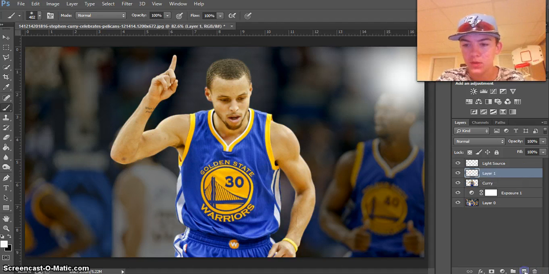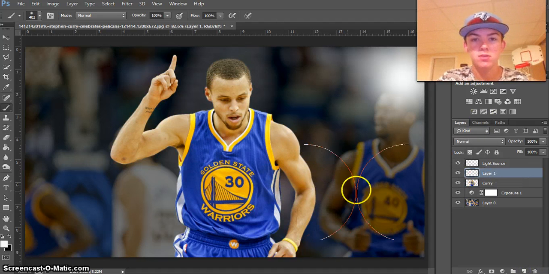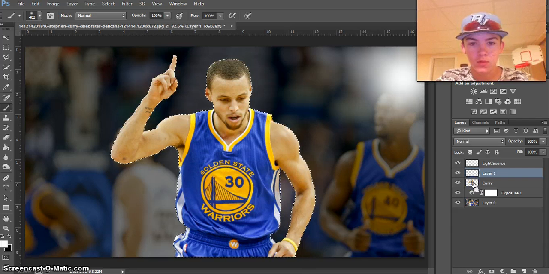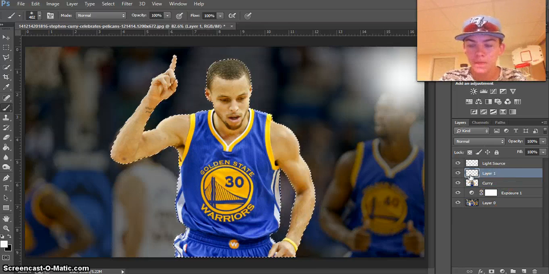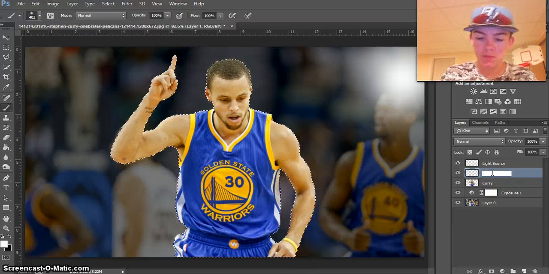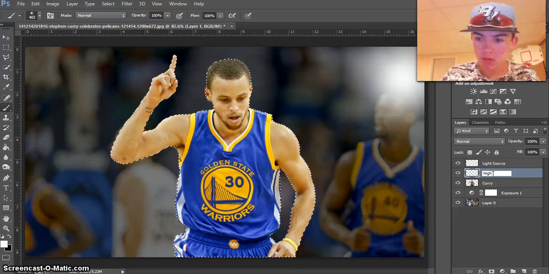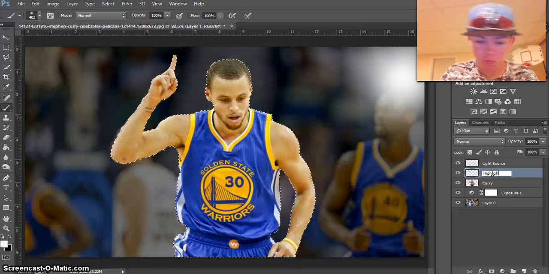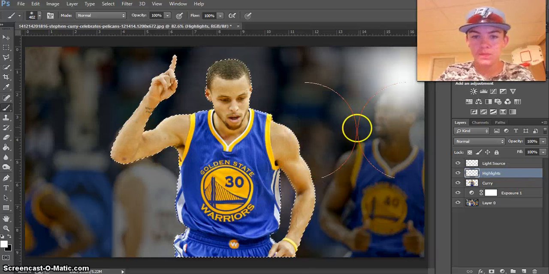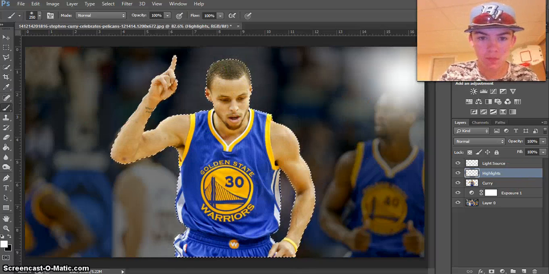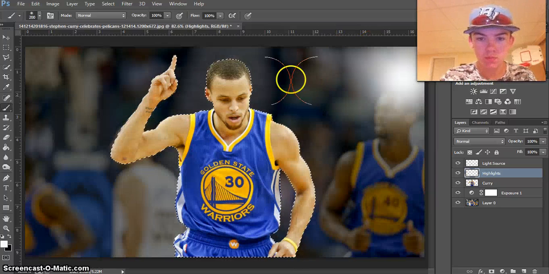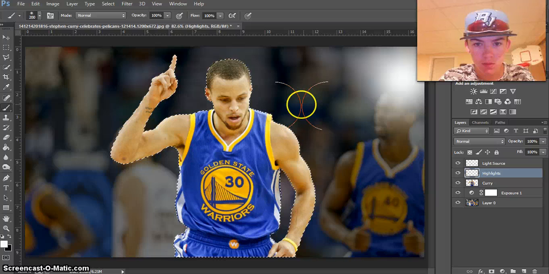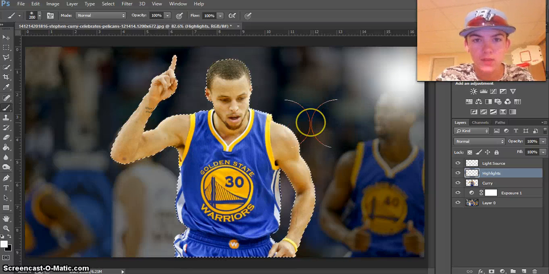You're going to make a new layer over your player, and I just have a picture of Steph Curry here. And you want to press Control and then click on the layer to select Curry. And then with your new layer, we're going to name it Highlights. And then you're going to want to take a soft white brush and just kind of poke, I guess, if that's a